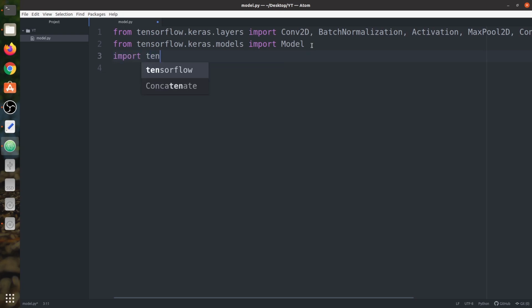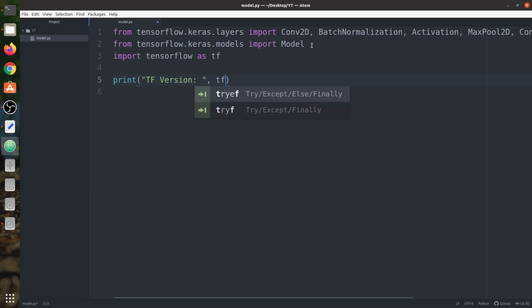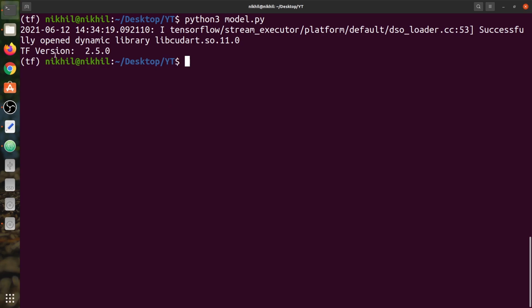So first we import TensorFlow as tf, then we print the TensorFlow version using tf.version. Okay, so you can see we are using TensorFlow version 2.5.0.